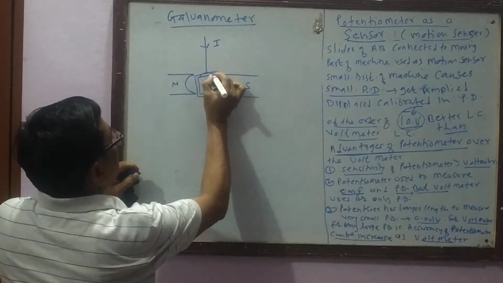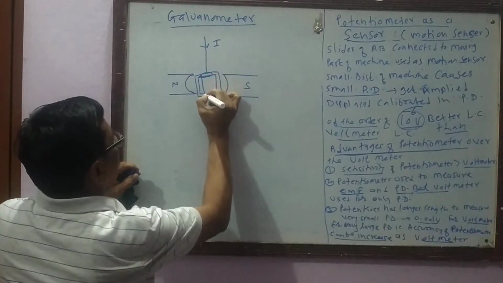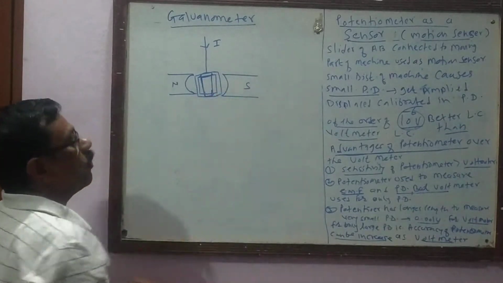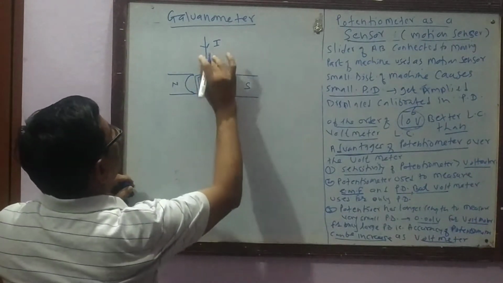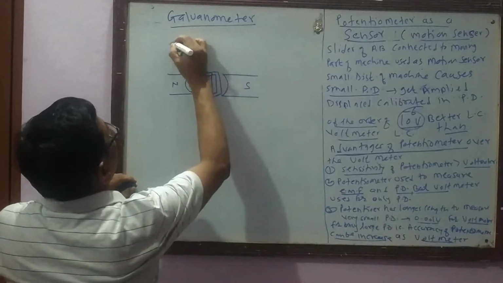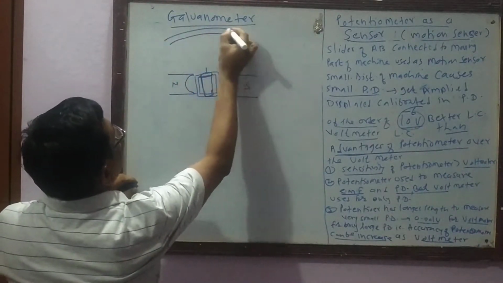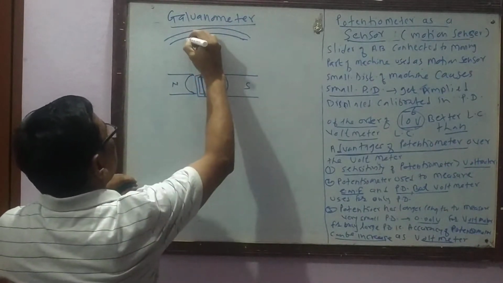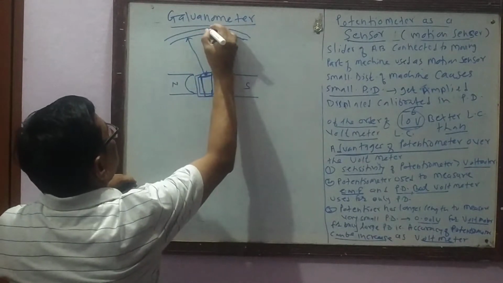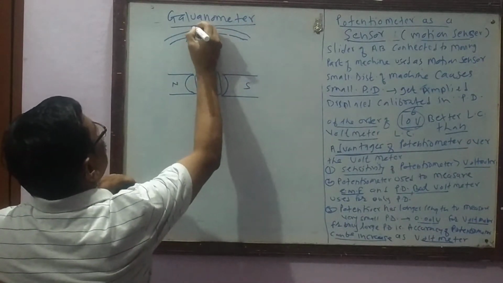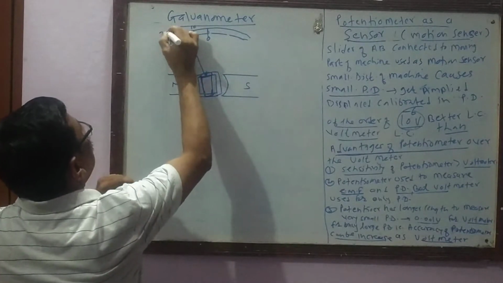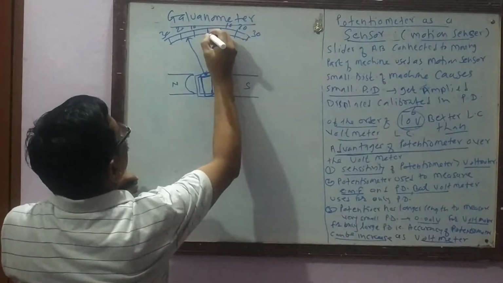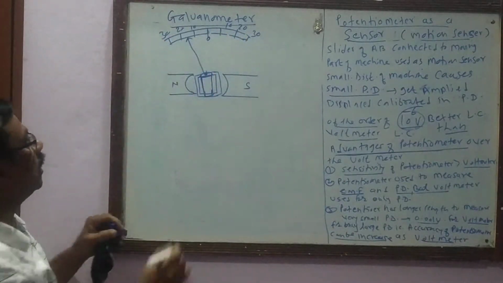so that the coil is rotated about the soft iron core. This is the soft iron core, across which the coil is rotated, and this is the scale, and this is the spring which is connected to the pointer, and this pointer shows the deflection, that is 10, 20, 30, this is 0, and the pointer shows the deflection here.